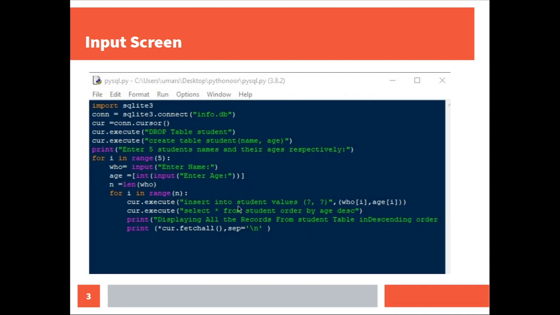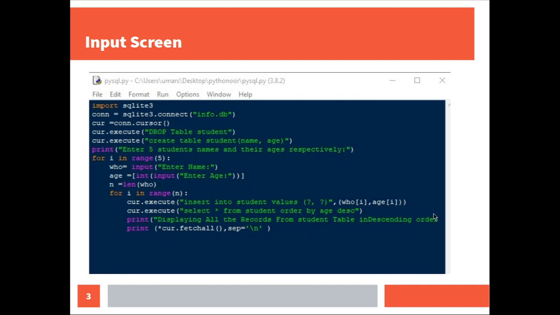This means you are going to get the data from the student table. How to get the data? The data will be ordered by the age. In which order? Descending order. If DESC is not mentioned, it is ascending order. Default is ascending order. If you want to mention descending order, you have to use the first 4 letters, DESC. And then print, displaying all the records from student table in descending order.